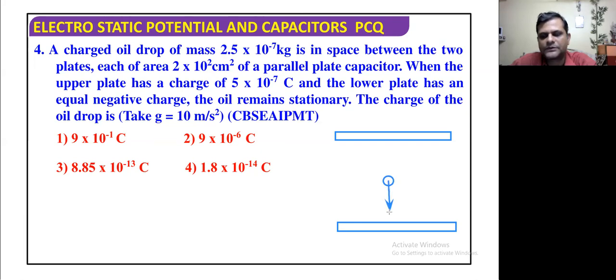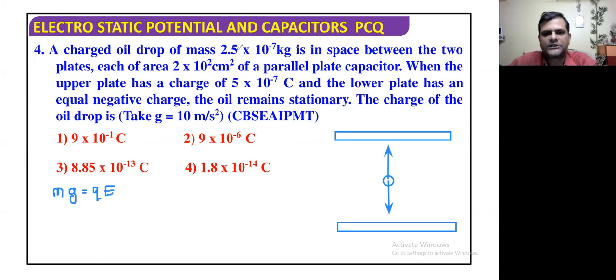So this will be the force acting in the downward direction. Okay, and other force will be acting due to the intensity of electric field here in the space between the two plates, that will be in the upward direction. And since the drop is just stationary, that means we can just equate this electric force with the gravitational force. That means m into g should be exactly equal to q into E here. Okay,